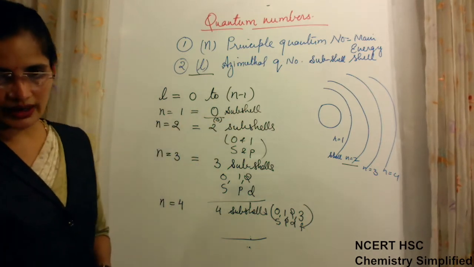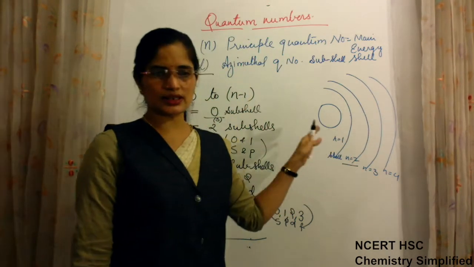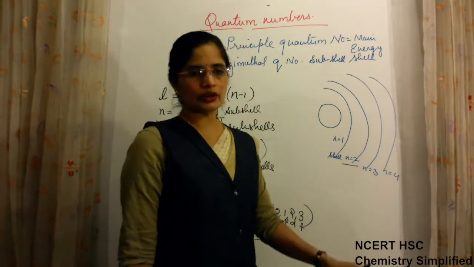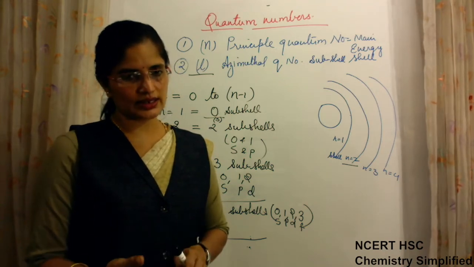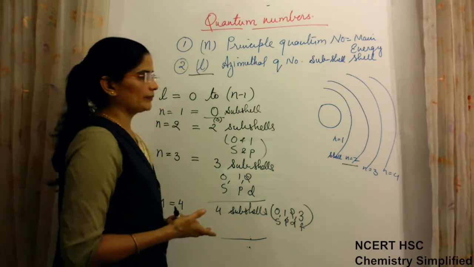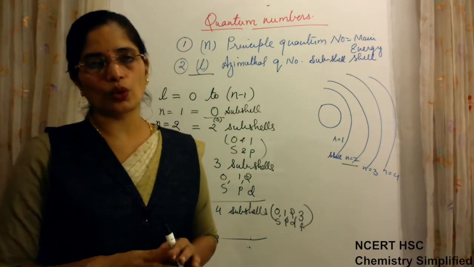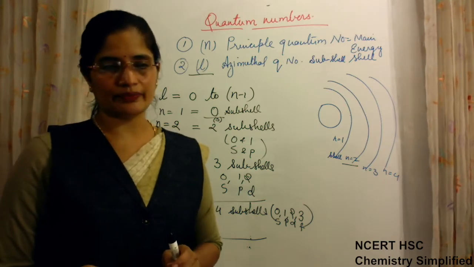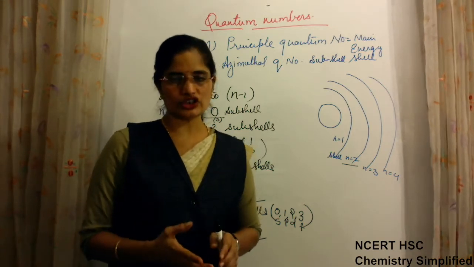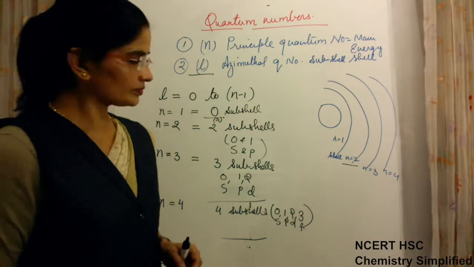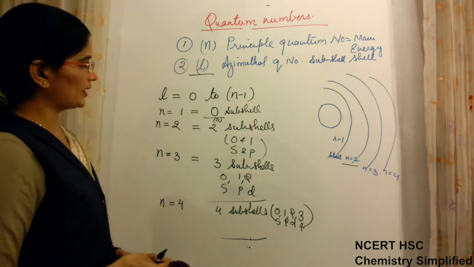In this manner we now have to understand that whatever is the shell number, that many subshells are there inside it. If we go beyond 4, then they will also be there. For n is equal to 5, the number of subshells will be 5. For n is equal to 6, the number of subshells will be 6, like this only. Though we have 118 elements, the filling of those 118 elements is over by the 7th shell, and even the 7th shell is not completely full. Okay, so these two quantum numbers we had finished.